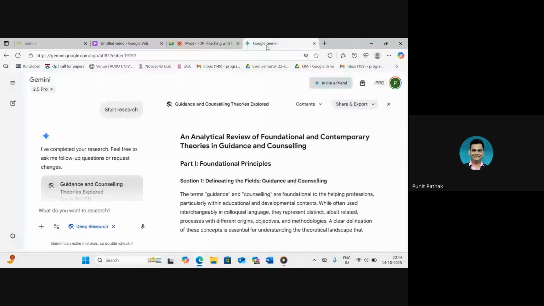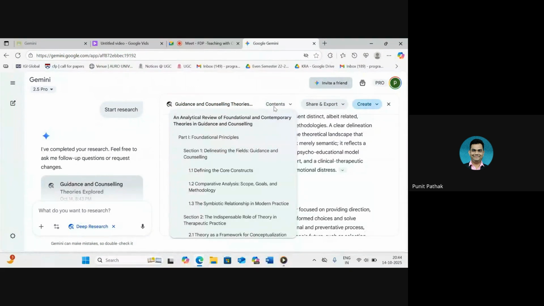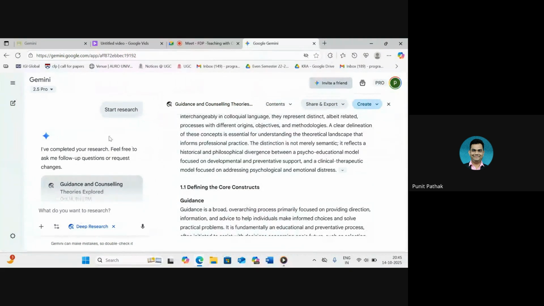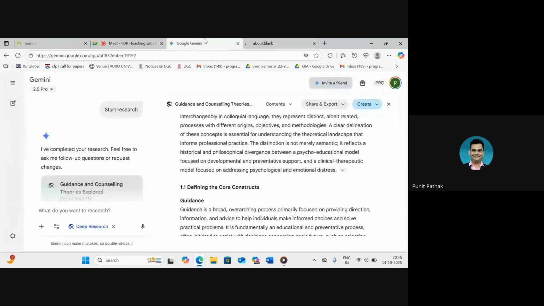Now we come back to the query that we ran. And as I said, this is what the deep research of Gemini does. Let's first export it so that we can see it better. I can share it also. I can copy paste it manually, but I find exporting to docs is easier because it maintains the formatting of the document up to a very large extent. So let's just give it a few seconds. It should be opening. Yeah,